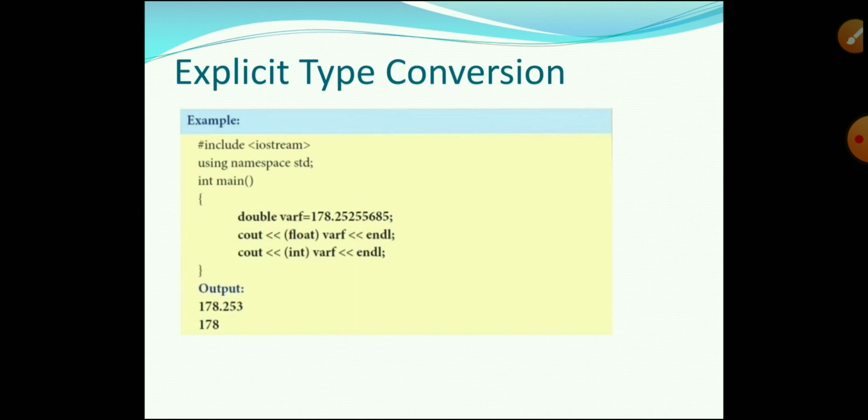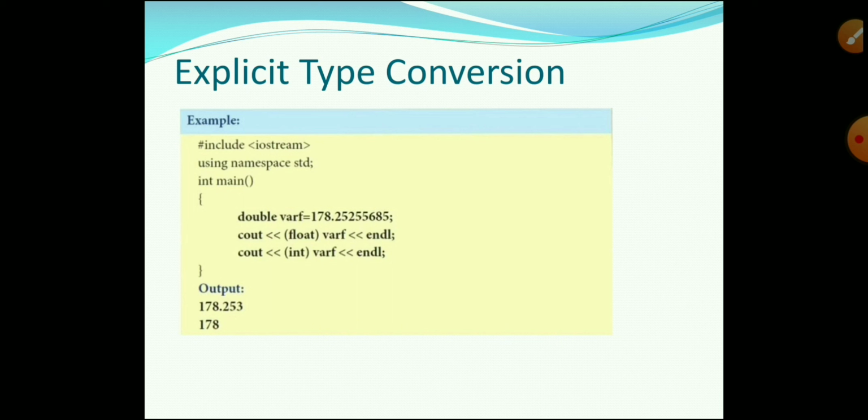Double var f is 178.25255685. That is the value of the double data type, which displays a lengthy value. But in cout float var f, we use a float data type for that variable, so there is loss of data.